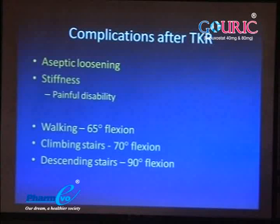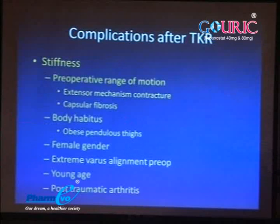Complications of knee replacement include loosening, as we discussed, and stiffness, because you need various degrees of flexion for activities of daily living. Stiffness is a very big problem, and patients very commonly ask how much flexion they will get after a knee replacement. And literature has shown this time and again: the amount of flexion you have preoperatively is usually the amount you'll have